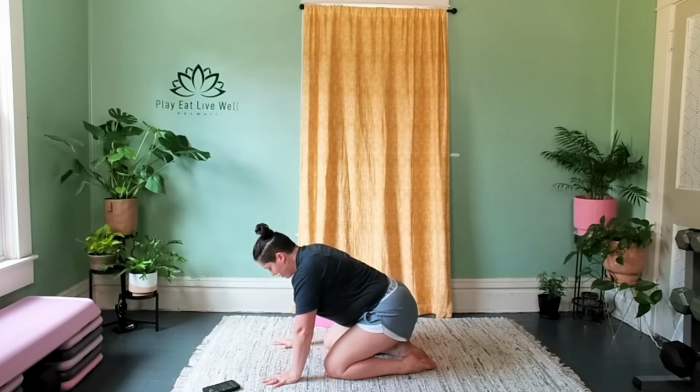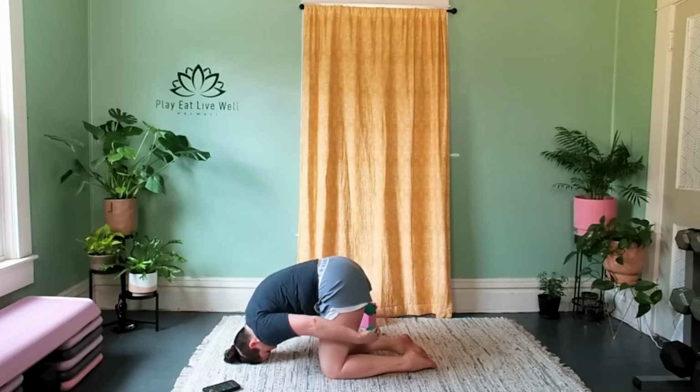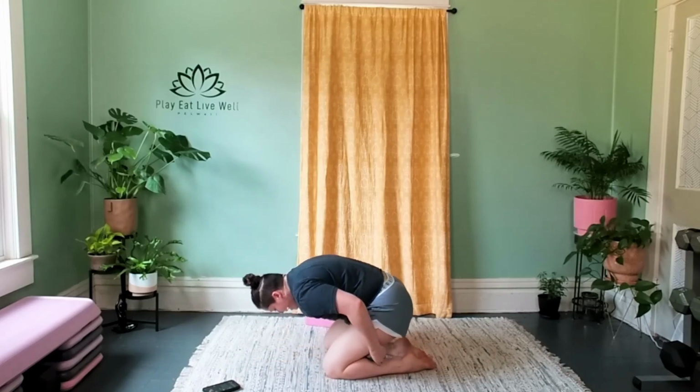All right, we're going to move the balls down to the bottom part of the gastrocnemius, or kind of like that heart shape of the calf muscle. So go ahead and come back onto the head just momentarily. And you're going to place the balls right in the middle, the meaty part of the calves,